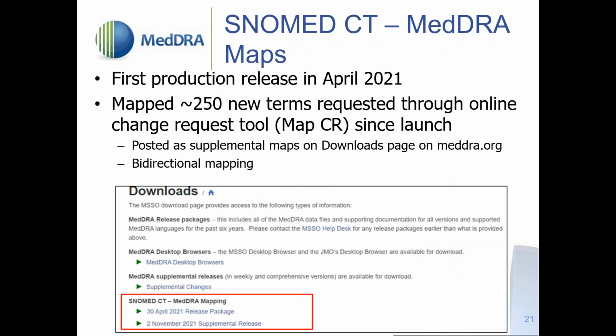So all of these new additional terms, as well as the map of the SNOMED CT to MedDRA, is posted as supplemental maps and is available on our downloads page on our website, meddra.org. And just keep in mind that this particular mapping is bidirectional. So it goes from SNOMED CT term to a MedDRA term, as well as a MedDRA term to a SNOMED CT term. So it's bidirectional. And here, below on this slide is a screenshot of where you can access this mapping. You'll need, of course, a user ID and password to access this. Next slide, please.